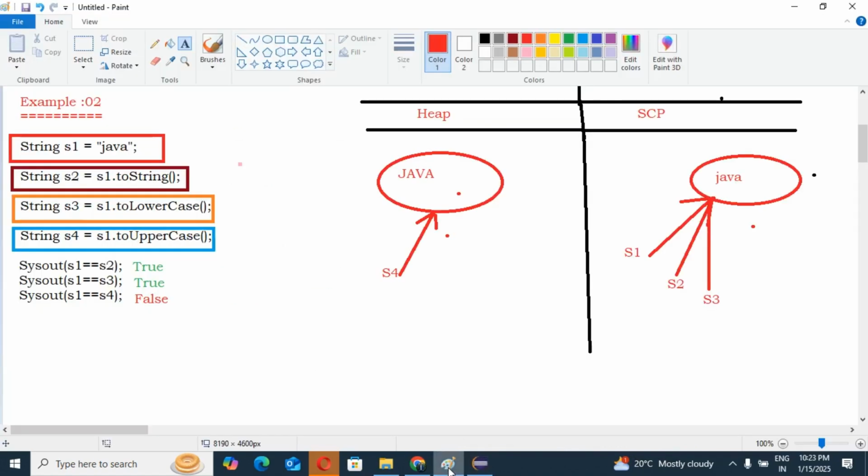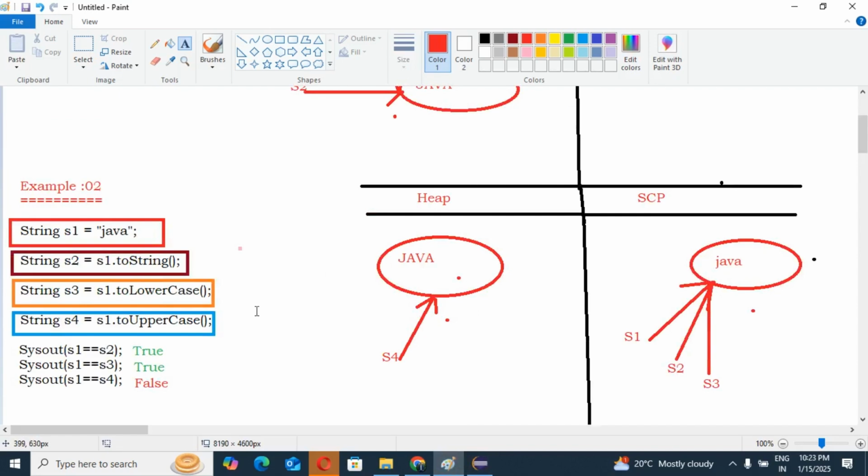Can you tell me if you are getting the same thing or not? True, false. So with these two examples, what we understood is, if any question comes about string immutability in our certification, for our knowledge sake, or from an interview point of view, we are able to give the answer very confidently and correctly. Yes or no, guys? That is the main thing.